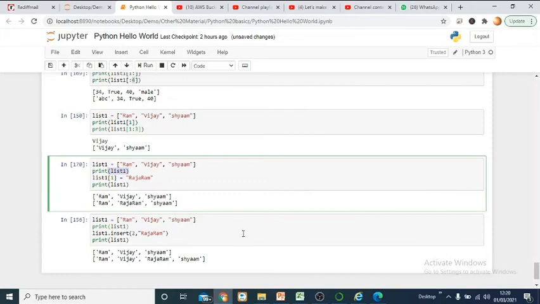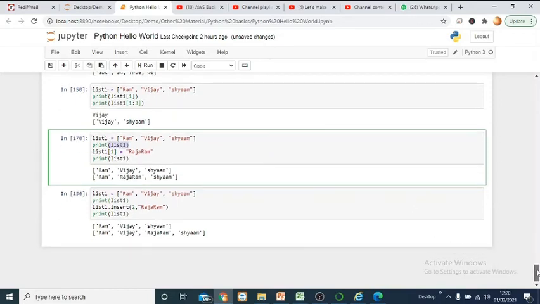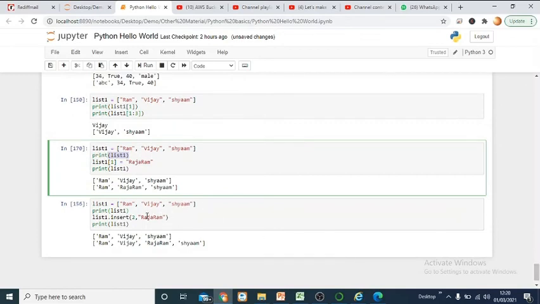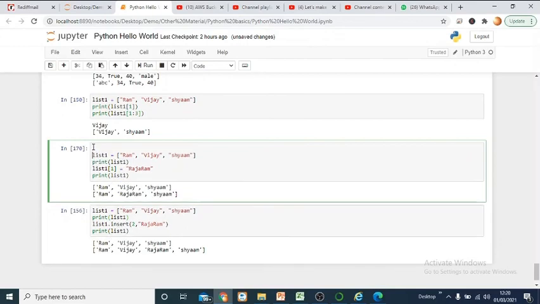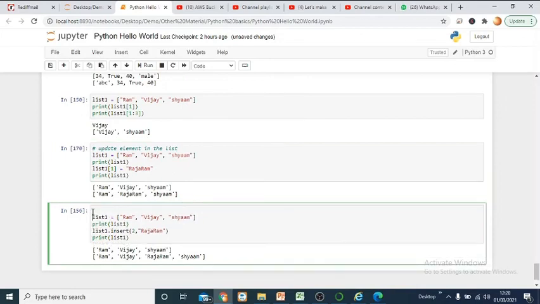All right, now the next thing that we have to do is, if you want to insert an element. So here we have updated the element in the list. Now after updating an element in the list, if you want to insert an element in the list, what you have to do is use the insert function.